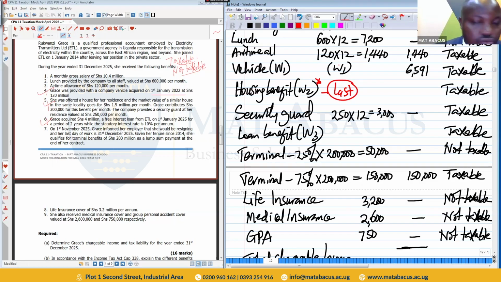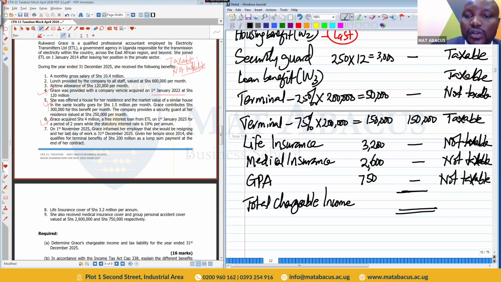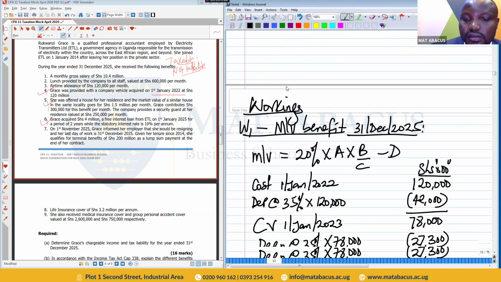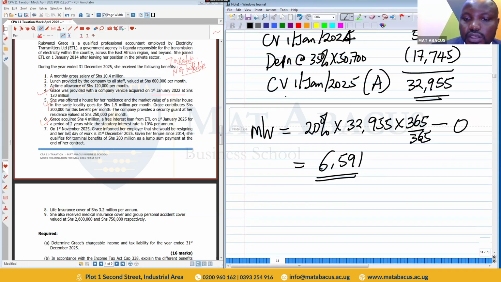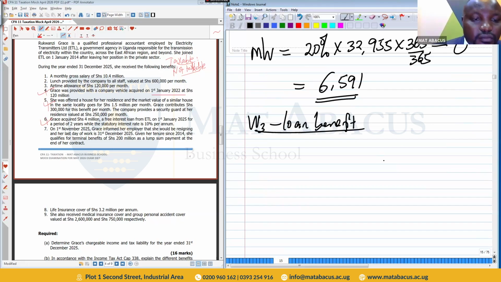So you need to remember that. Then you go to housing loan benefit, which we call working 3. Loan benefit. The loan benefit,